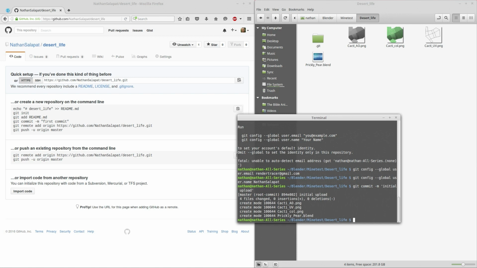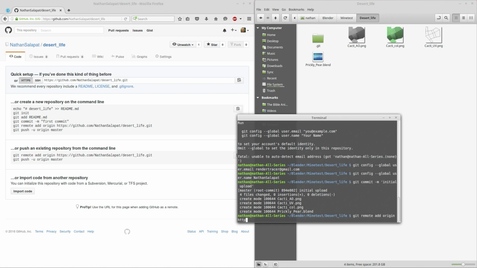Sweet. Now, we need to actually tell the computer where to upload these files to, because right now it still doesn't really know what to do with these files. It doesn't know where they're supposed to go online. So we have to add the remote, which is something like this. Git remote, not remove, add origin, https://github.com/Nathan Salapat. Obviously, Nathan Salapat you would replace with the name of your username,